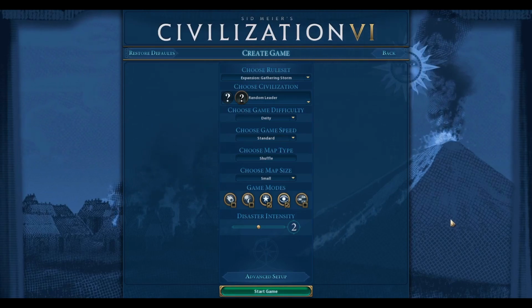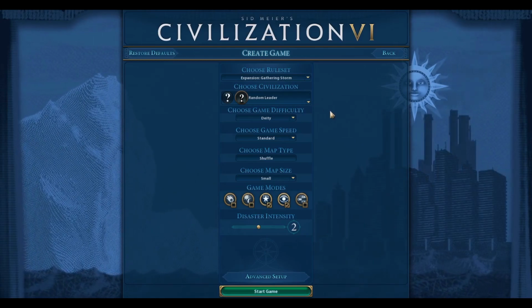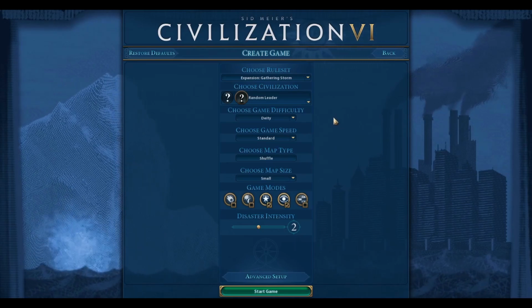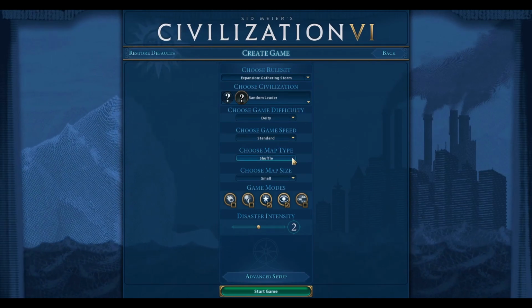It's December 22nd, 2020, so we had the December update last week. And in this video, I will be sharing my personal best in number of turns for a win on Deity difficulty. The game was done on a shuffle map,